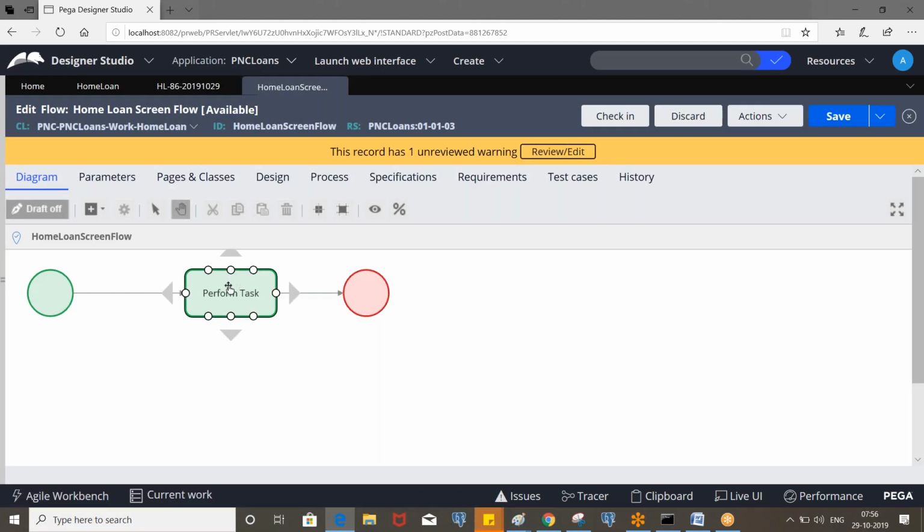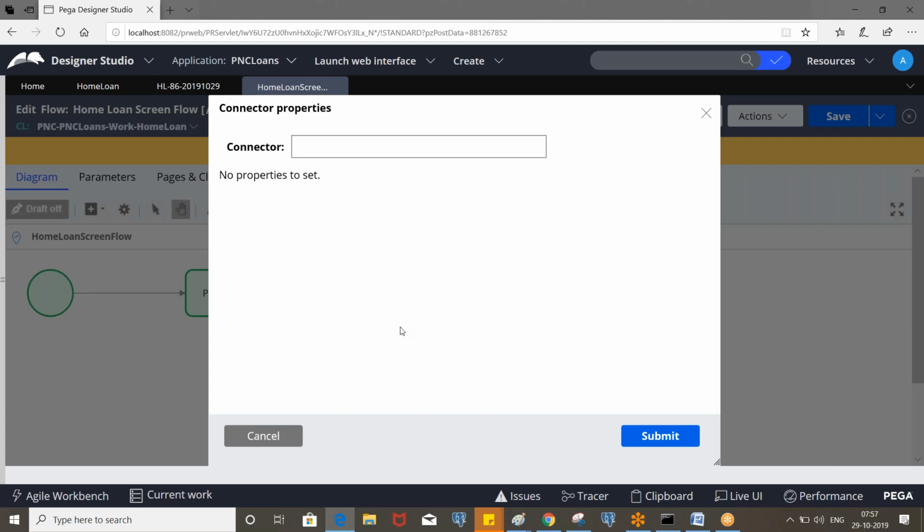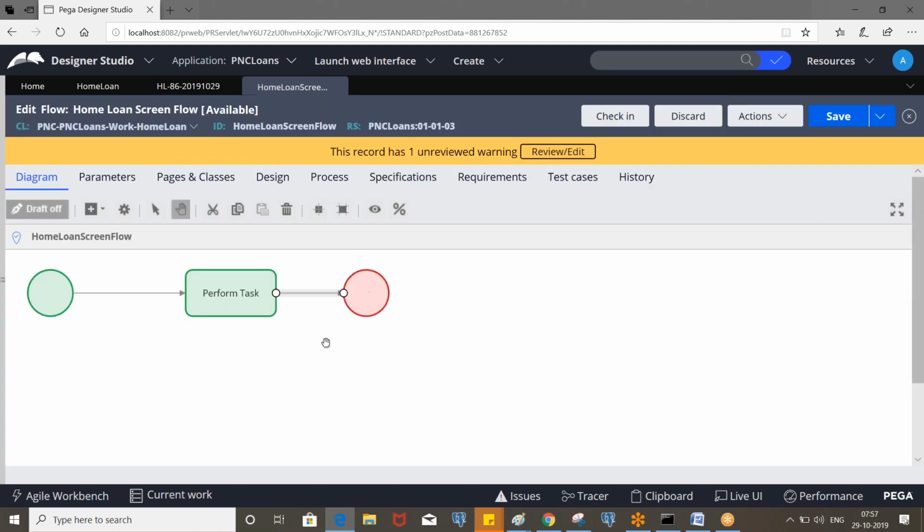So if it is an assignment, you will be able to call the flow action in the connector, right? Yes. When you click on the connector, you will be able to call the flow action. But here we do not have that option, because though it looks like an assignment, it is not truly an assignment in the screen flow.